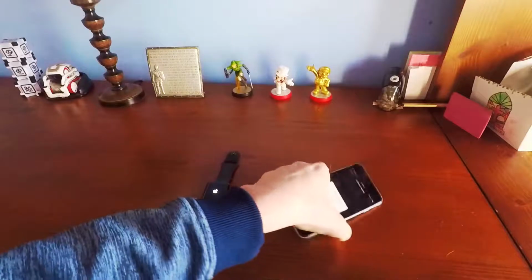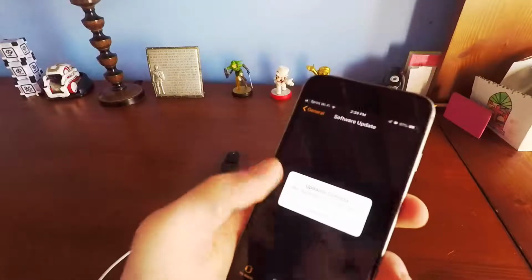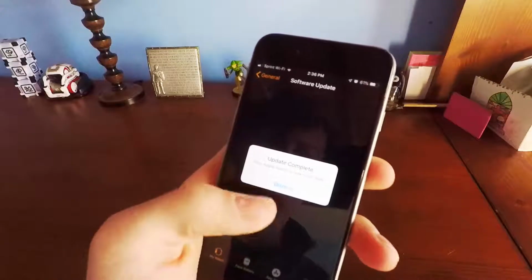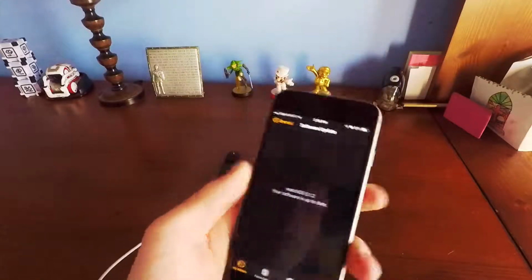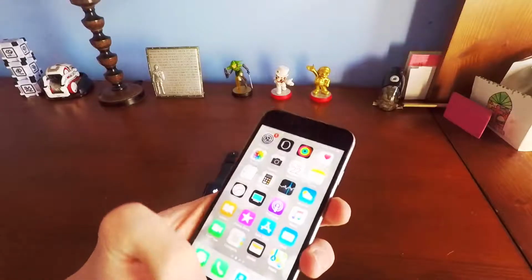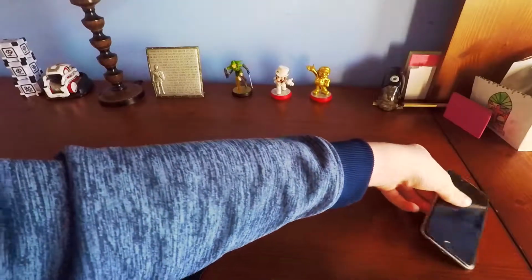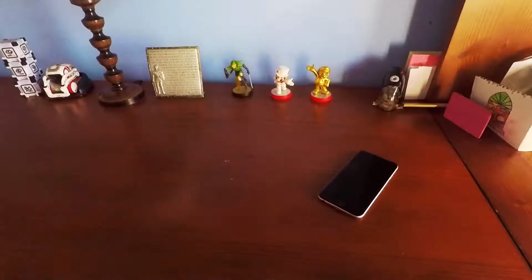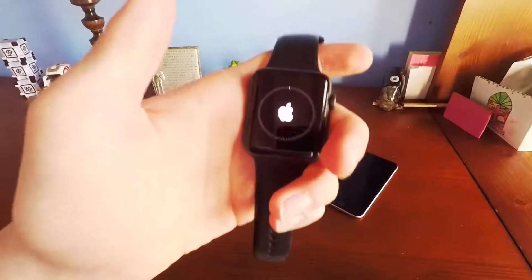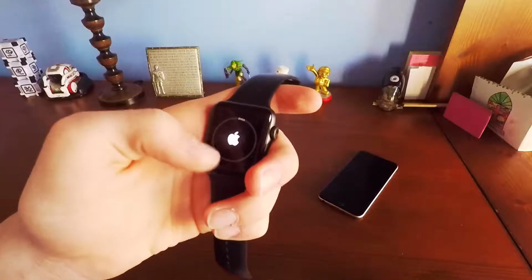And there we go. That was literally about a 5-minute installation. Update complete. Your Apple Watch is now up to date. Dismiss that WatchOS 5.1.2 software up to date. So now that that update is complete, I think we can go ahead and remove the watch from the charger. It asks for the passcode because it has just restarted. And now it's going to